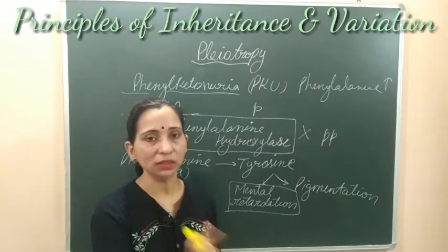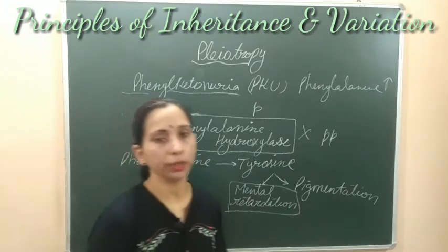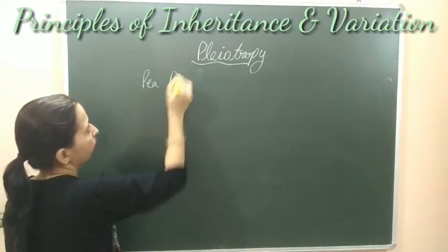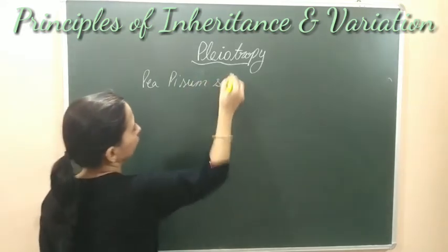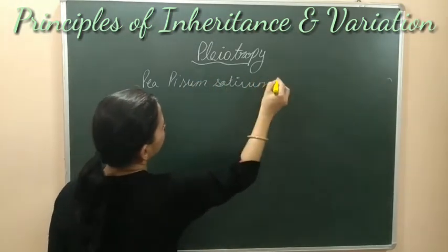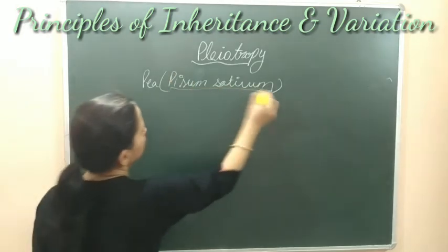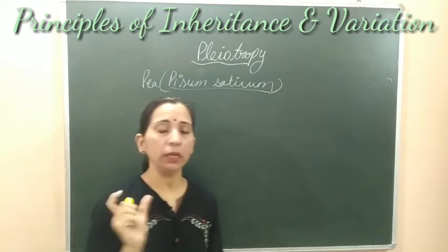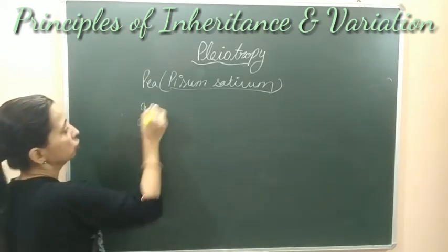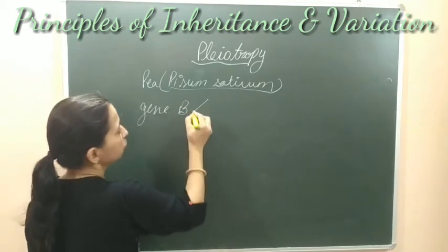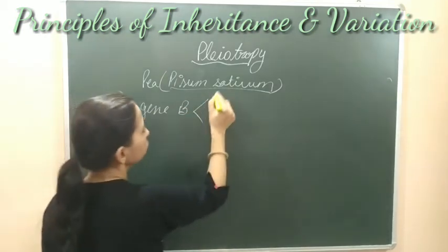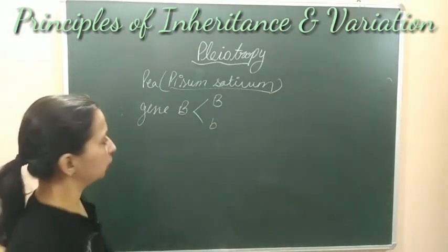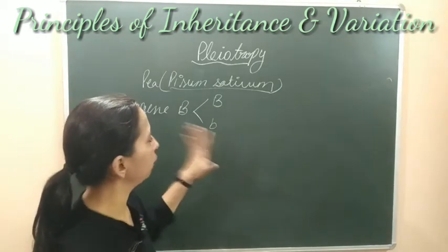Now let's discuss pleiotropy a little in some other organisms also. Another example of pleiotropy is the pea plant, Pisum sativum. That is also a very important example. It's a very famous experimental object in genetic experiments, the pea plant. In the case of pea plants, here the gene B is present, and this gene B is also present in two allelic forms. Allele B dominant, that is the normal, and b, that is the defective gene. Recessive condition है, and it is a defective gene, small b.